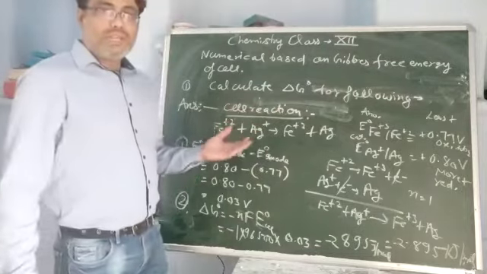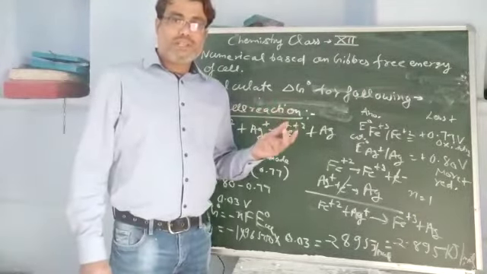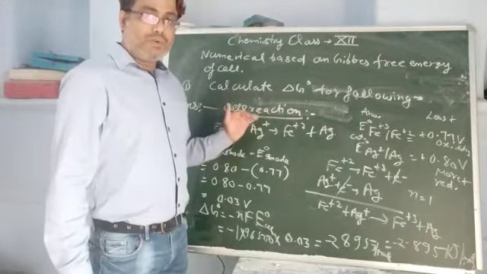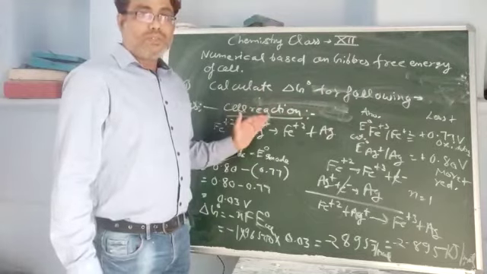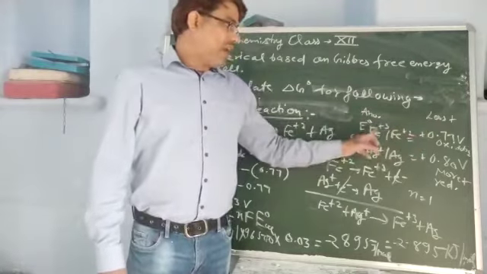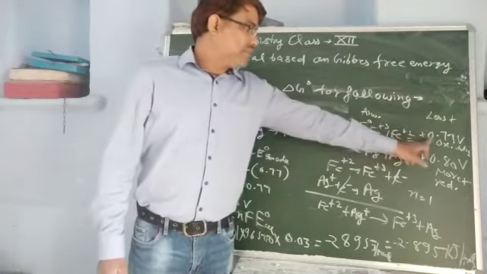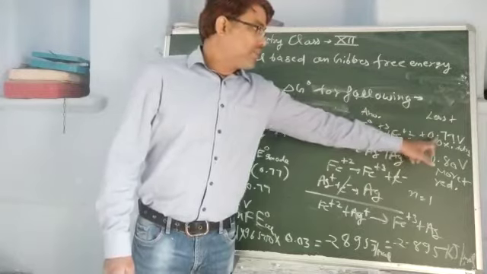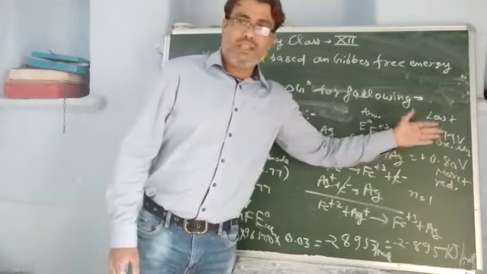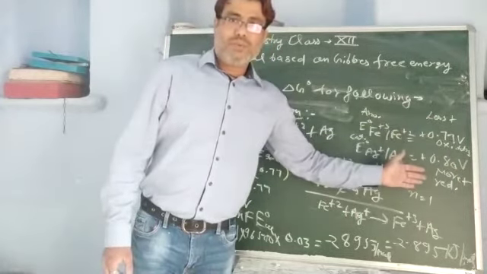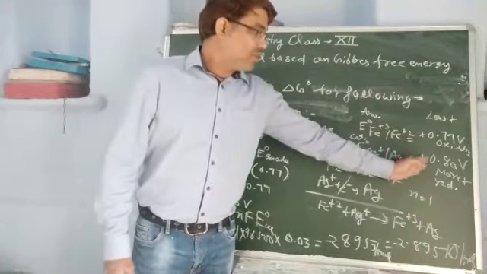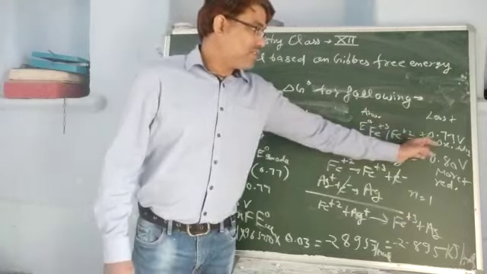In an electrochemical cell there is a redox reaction, and we will confirm the reaction by data, whether it is correct or not. We have the reduction potential values for both electrodes. For iron, the reduction potential value is plus 0.77 volt, and for silver it is plus 0.80 volt. That is given in the electrochemical series. Silver has the more positive value, plus 0.80, and iron has the less positive value, plus 0.77 volt.